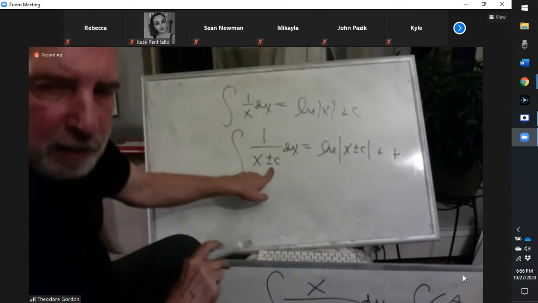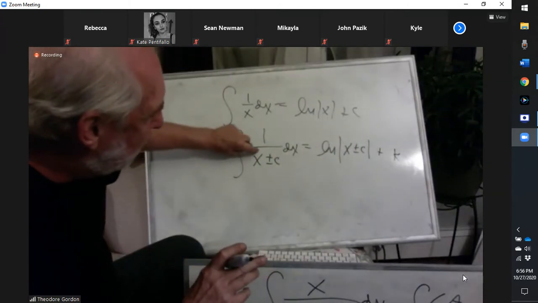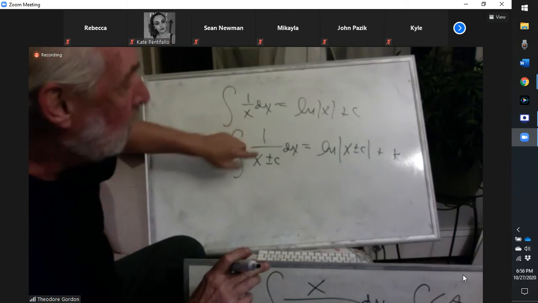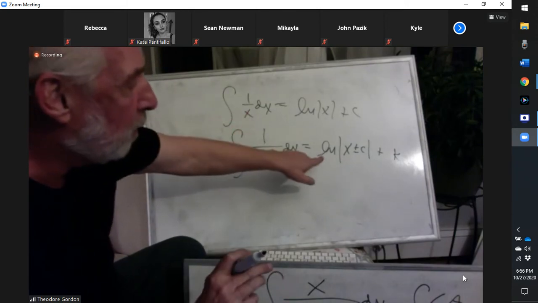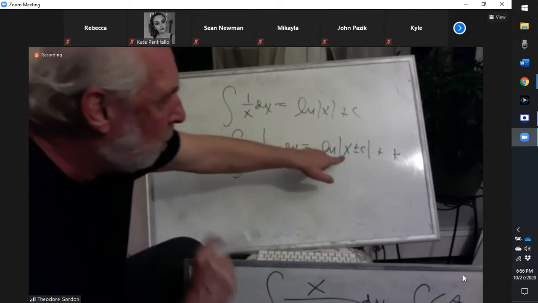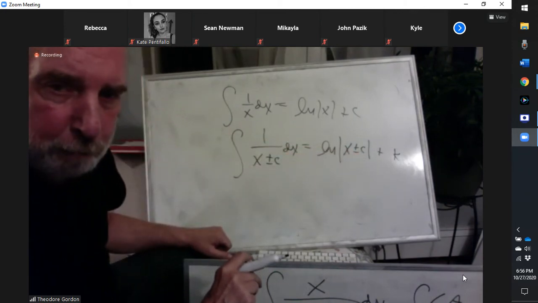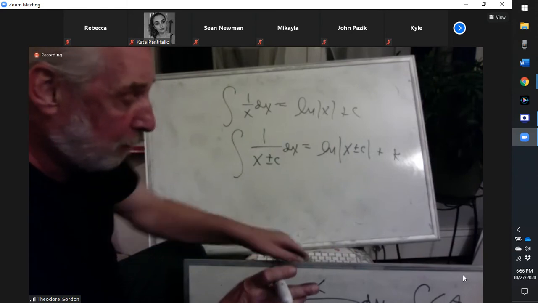That plus or minus constant doesn't affect it because the x is linear. So the integral of 1 over x plus or minus a number is just the ln of x plus or minus that number. So that comes up nicely